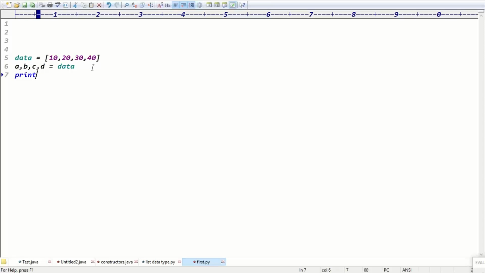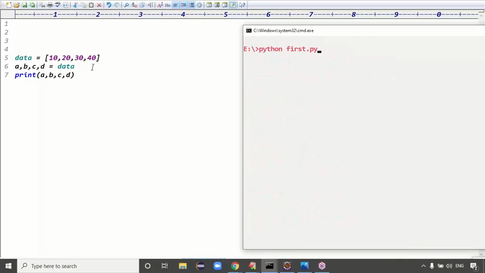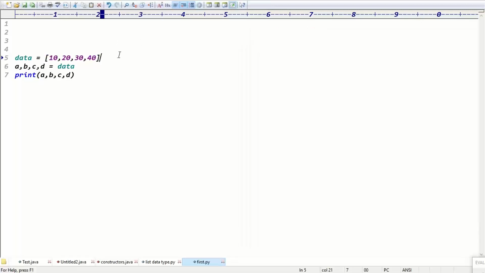Then you can print a, b, c, d. So the list contains 4 elements, and I'm unpacking those 4 elements into the 4 variables. Now a value is 10, b value is 20, c value is 30, d value is 40.